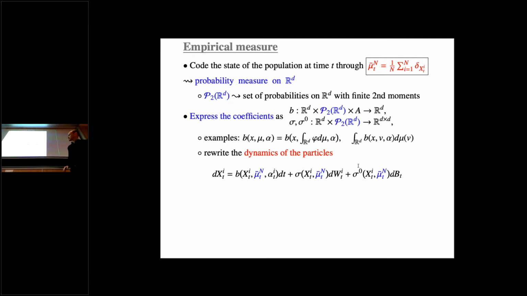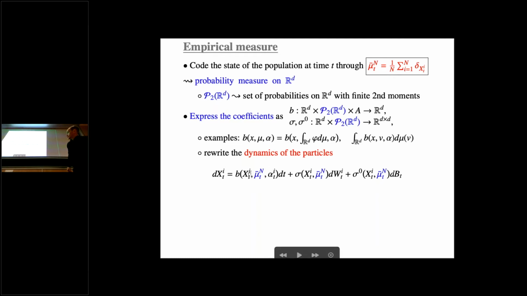This would be completely different if I had sigma depending on i or B depending on i. The story would be different. But somehow here, the labels are more or less blind. I can focus on player i equal to 1, or i equal to 2, or i equal to 3. Somehow, I use the same B, the same sigma naught. So I'm going to regard things which are quite symmetrical. For sure, the difference between all of them is that they can tune or implement different controls. So here you can have some heterogeneity between the agents because they can tune different controls.